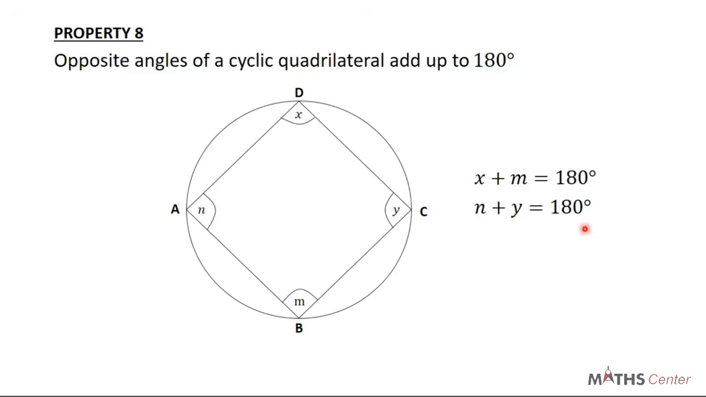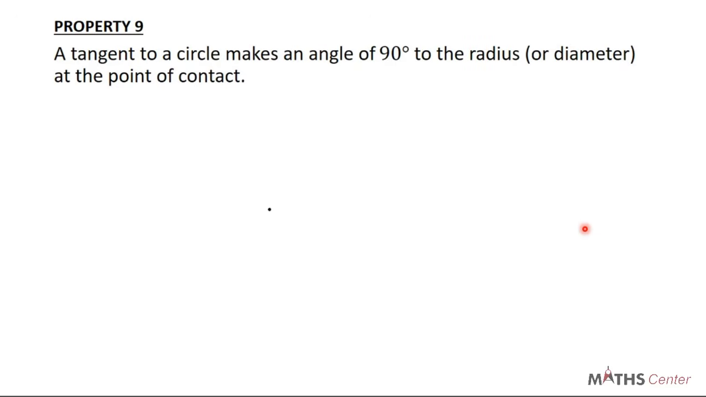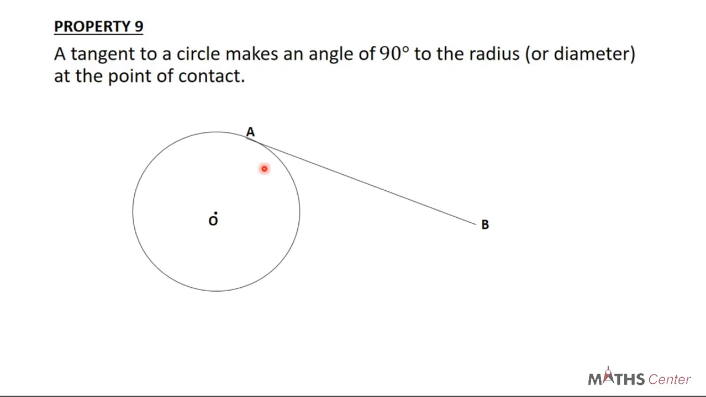Let's move on to the ninth property. A tangent to a circle makes an angle of 90 degrees to the radius at the point of contact. We now understand a tangent. So what is the meaning of this property? This property means that if you have a circle, let's say with this, we have this circle with the center O here. If we draw a tangent to the